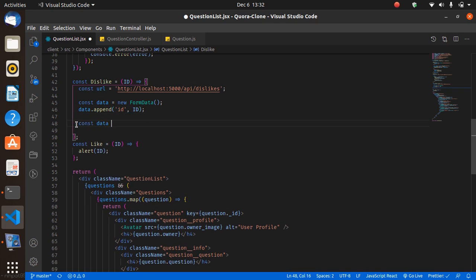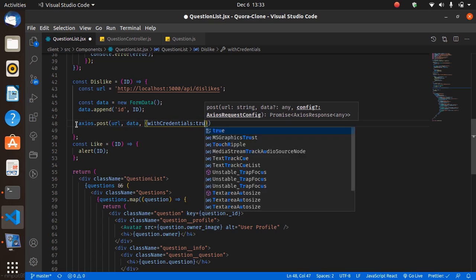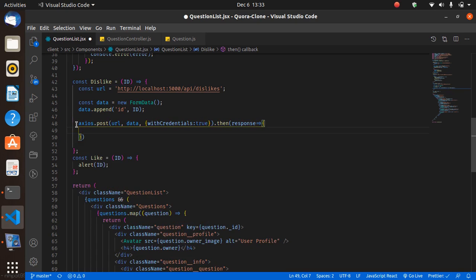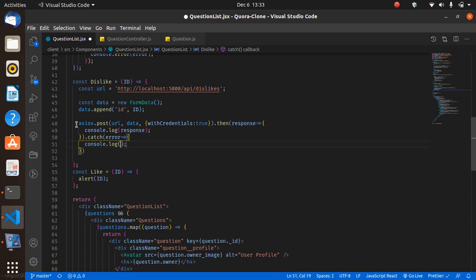And then I say const data is equals to, not like that, let's use promises. I'm lazy to use the rest. So when I say URL, pass in the data, and then we need the with credentials. That is always important. And then when I set that to true, and then we say dot then and then we want that response, and then with that response we say log the response that we need,